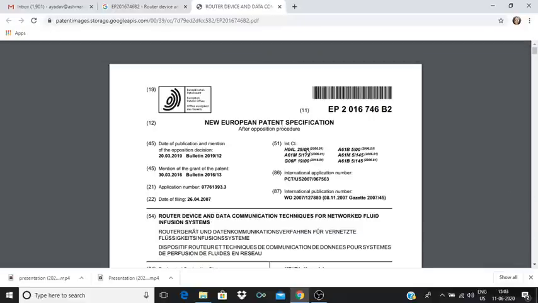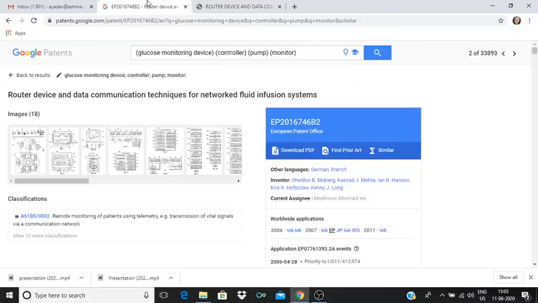So this is a European patent document that gives date of publication, date of grant. You can see the publication date is different, 23/2019, and mention of the opposition decision. The mention of the grant is on 33/2016. This is the application number. This was filed in 2007. This is the international classification. This is the international application number. So this has come from PCT. There's an international publication number. This is the title. So this is a European patent application.